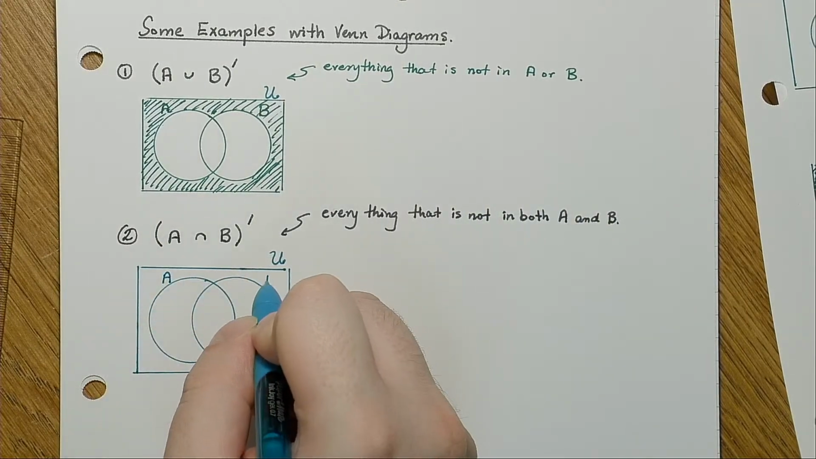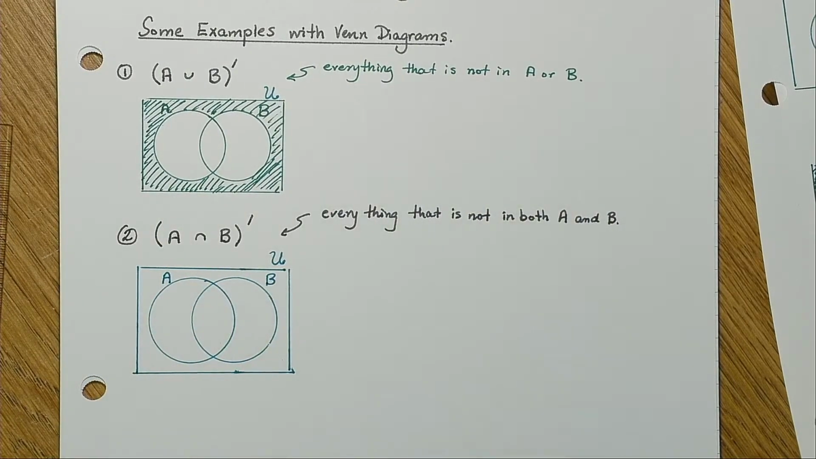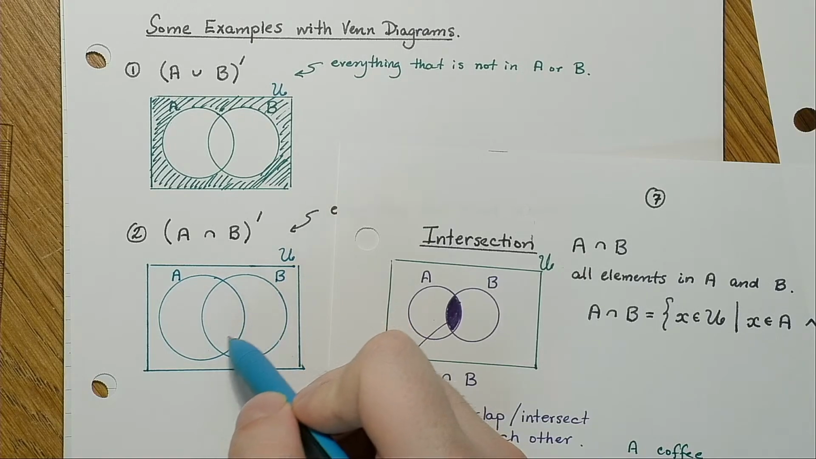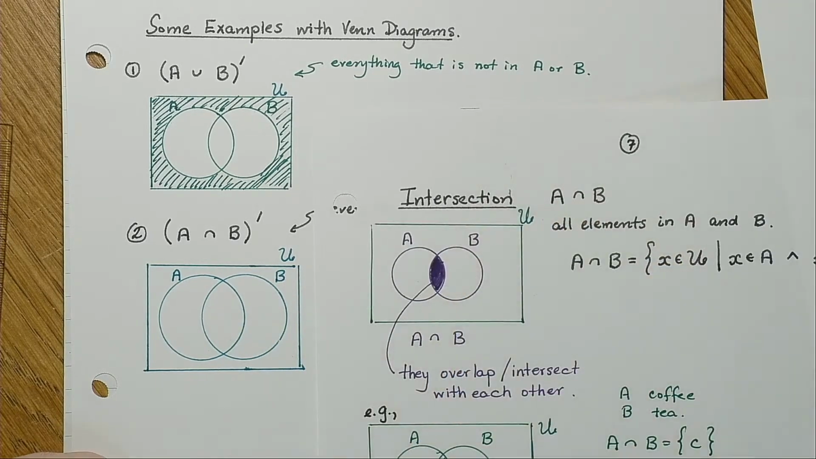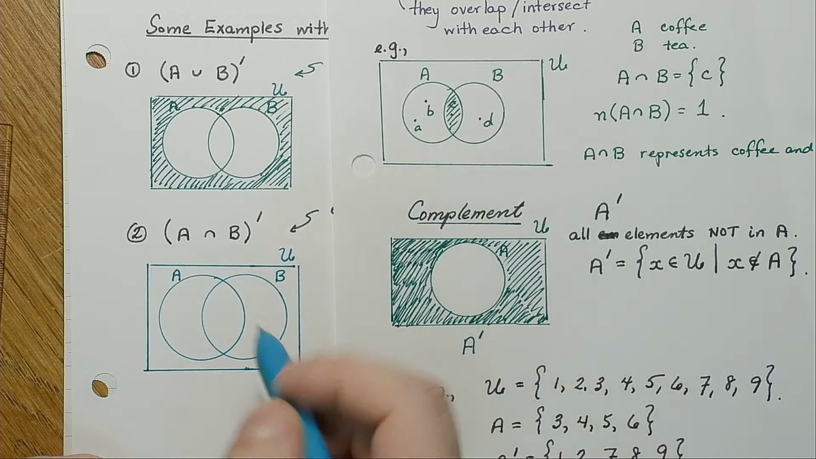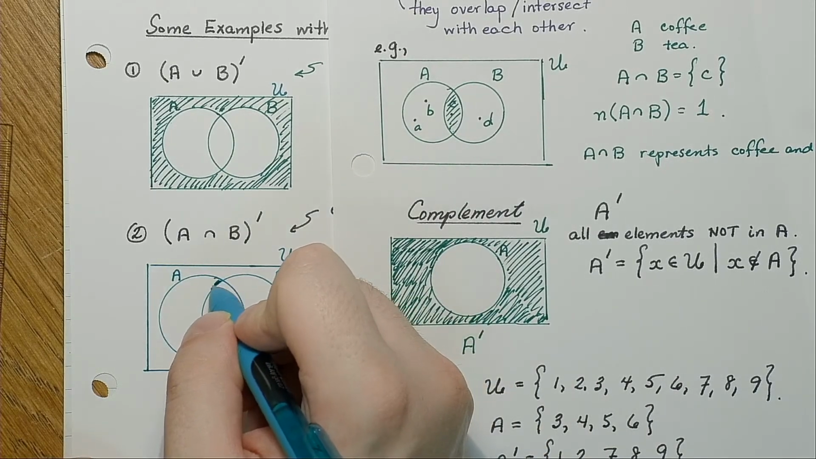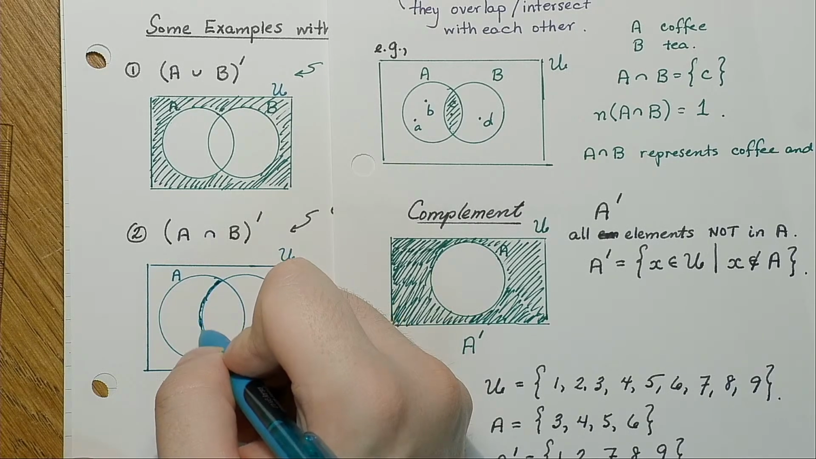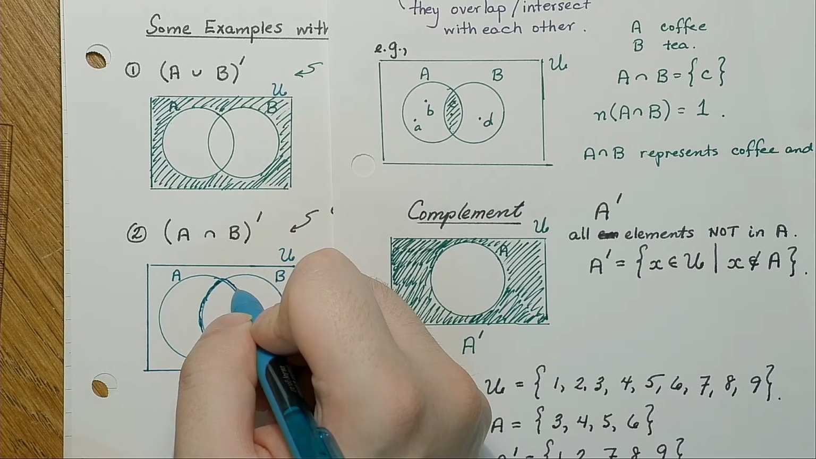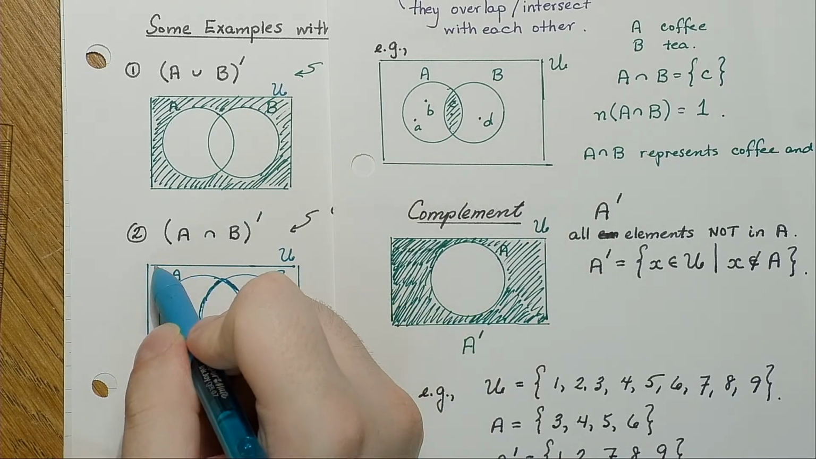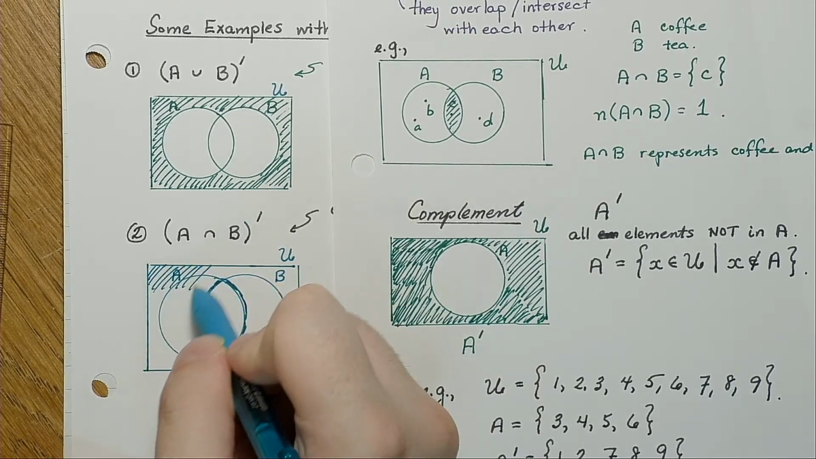Here's A and B. So we know that the intersection is right here, would be all that area in through there. And then when we take the complement, we want everything outside of that. So it's going to be everything outside of this shape right here. So if we fill this in,